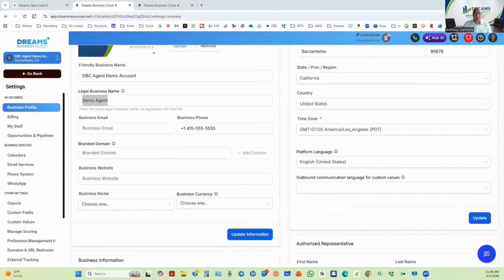Next thing you're going to do is go to the IRS website and get an EIN number. Okay, this is if you haven't done it. If you already have an EIN number for your LLC, you're good. But if you're starting from scratch, go over to the IRS website and apply for an EIN number. Okay, there will be a link in the description of this video if you're watching via recording